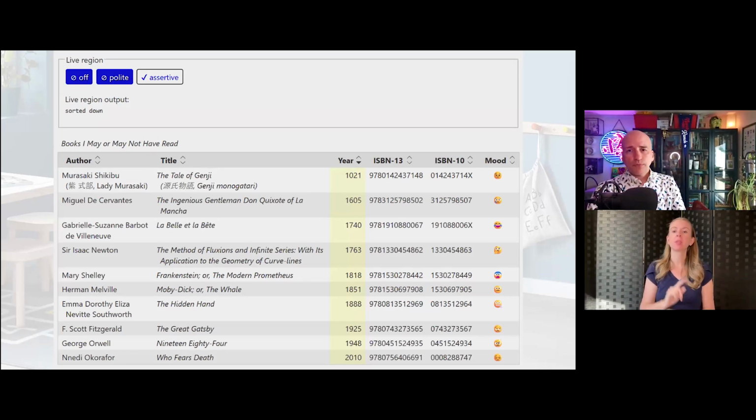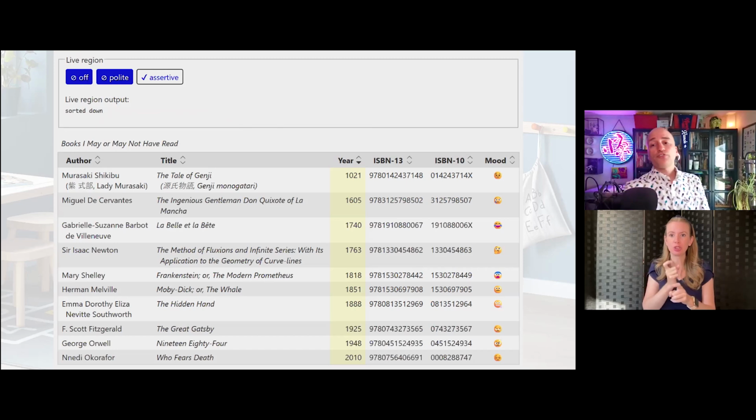When activating a sort button, by default, not all screen readers tell the user that anything has happened. NVDA used to be the only one. I'm sorry, JAWS used to be the only one. But now NVDA, JAWS, Narrator, and VoiceOver on iPadOS, I didn't test iOS, will announce immediately that a thing has sorted and how it's sorted. And of course, in a nod to cross-platform consistency, VoiceOver on macOS says nothing. The consistency being the joke there.